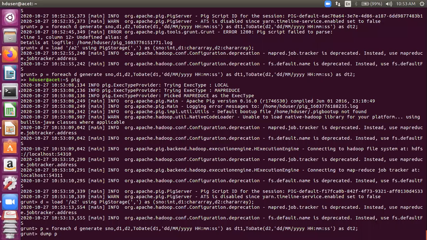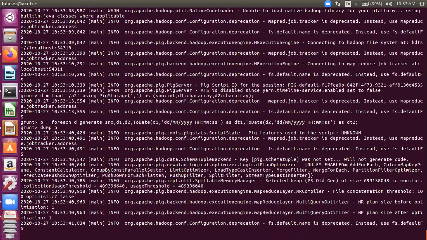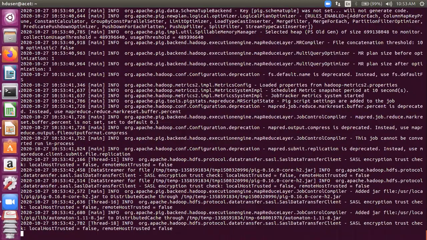P. Okay, so we have a relation in which there are 3 columns: serial number, date 1 and date 2. So I'm displaying all the 5 things: serial number, D1 and D2 in char form, and D1 and D2 in converted corresponding dates with aliases as DT1 and DT2. So you can see the output now, and then we'll work with the comparative date functions.